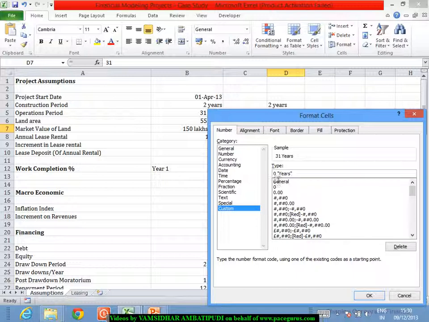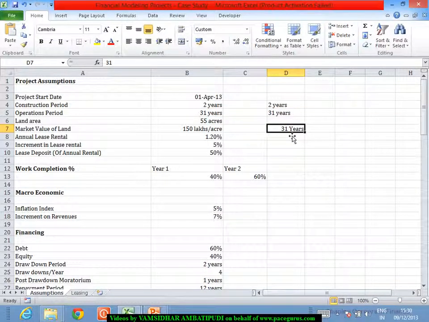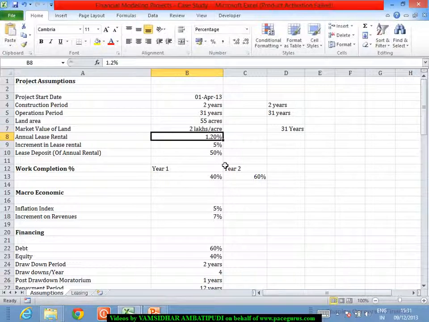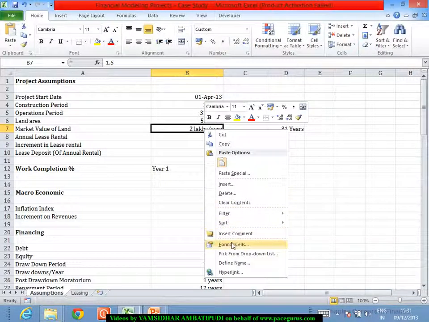So it's a number followed by a text called years. So automatically this gives me 31 years. Same way I have written all these things, 150 lakhs per acre. Just to say I don't want 150 lakhs per acre, I want to convert this into crores, so I want to write 1.5. But this is still showing me lakhs per acre. So what I will do, I will go into